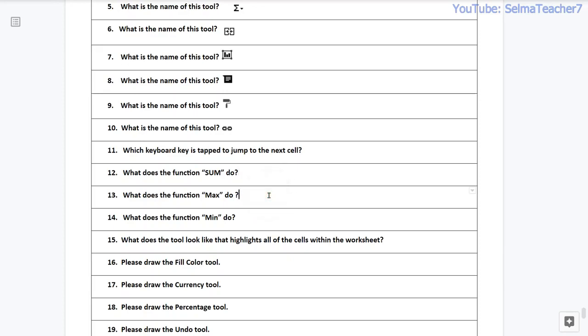Question number 13. What does the function max do? Question number 14. What does the function min do?